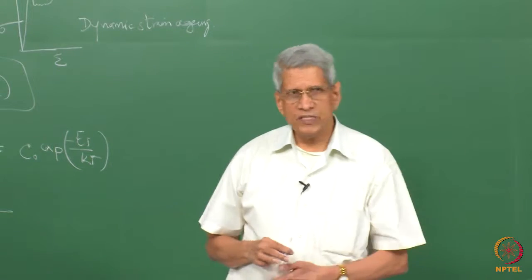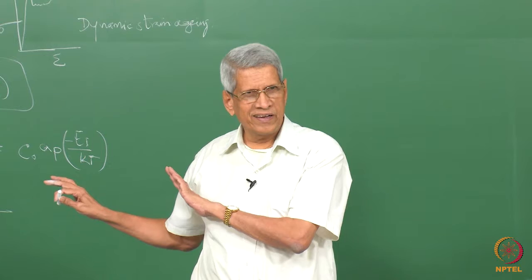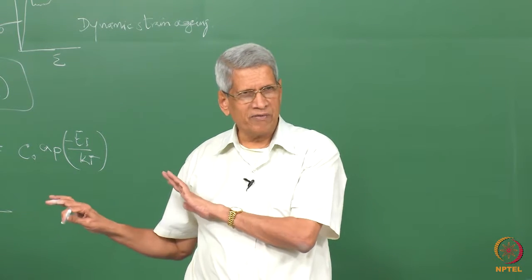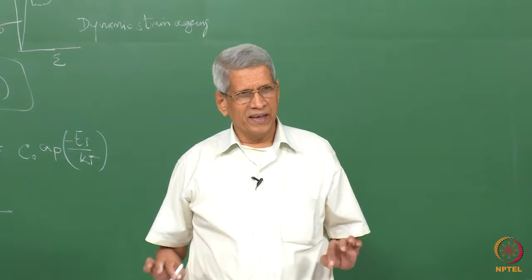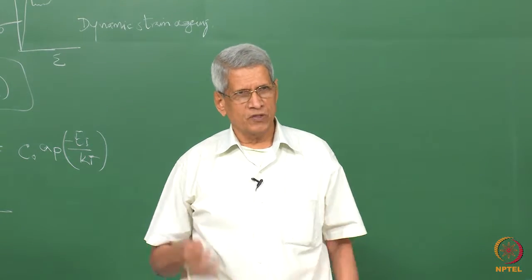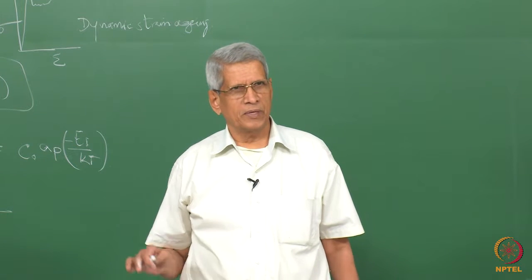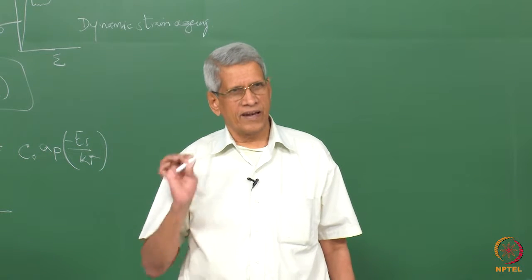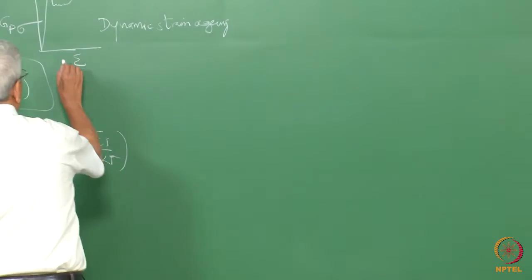There are many manifestations of DSA. The whole talk is not on that aspect of it, but out of the many manifestations, one which is prominently seen in many materials is what is called serrated yielding. Serrated yielding is a phenomenon in which